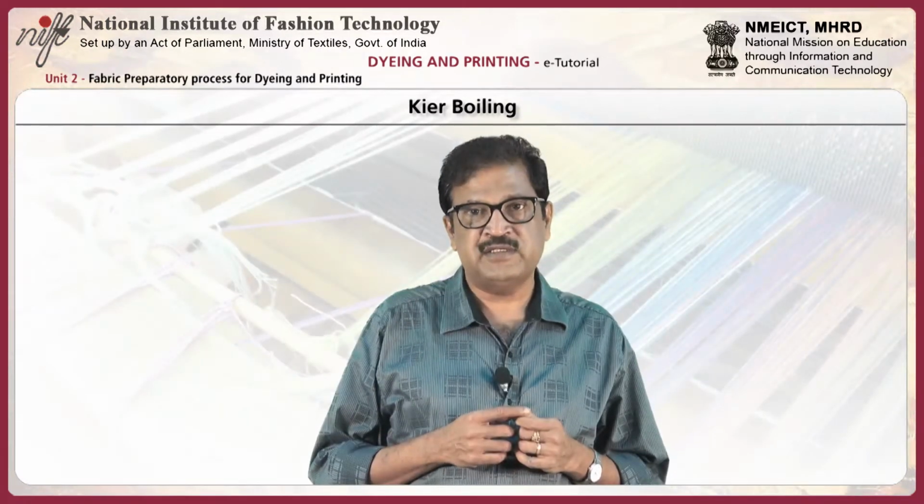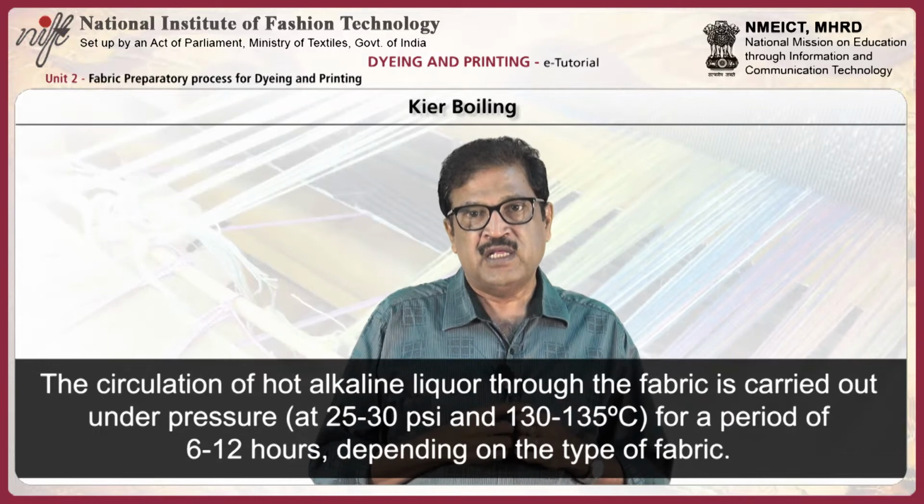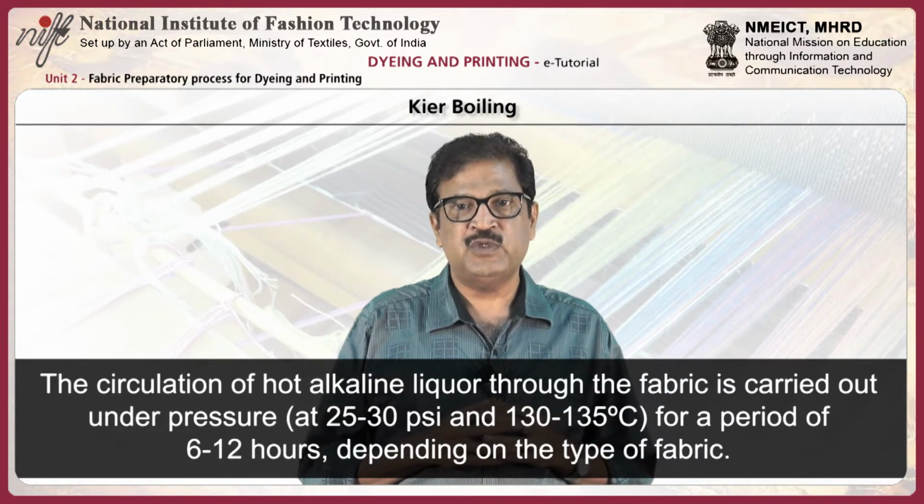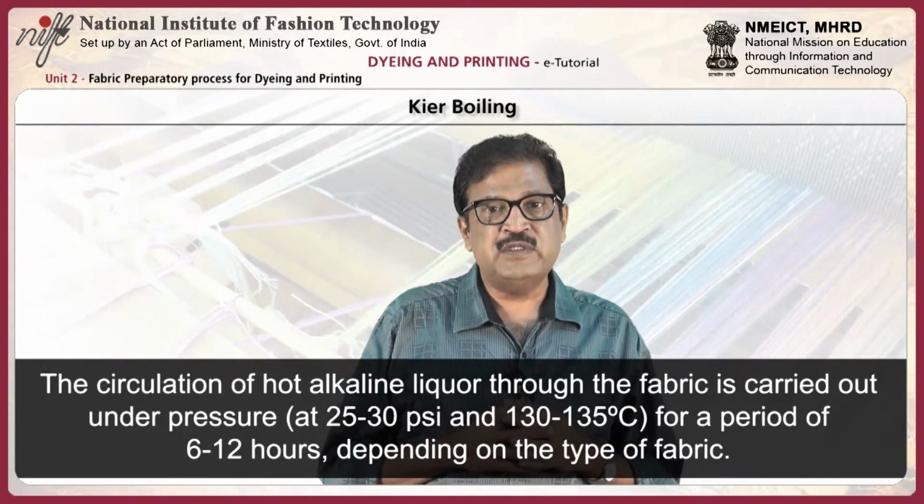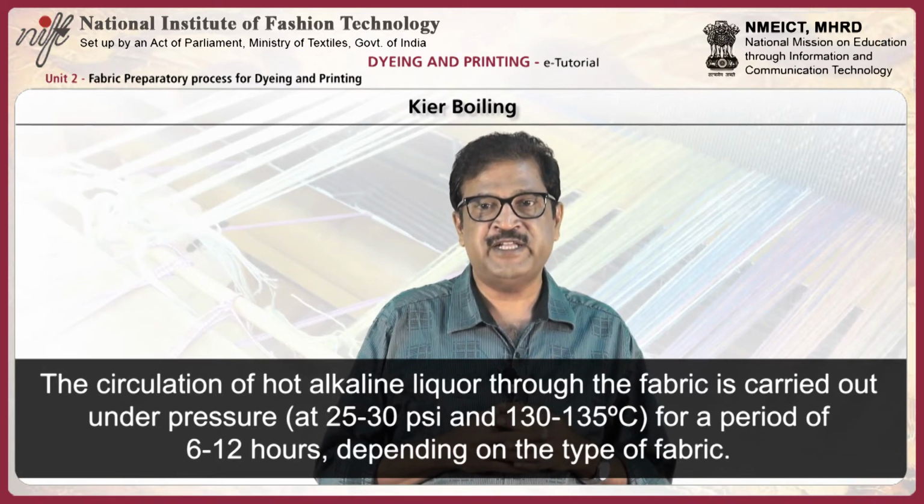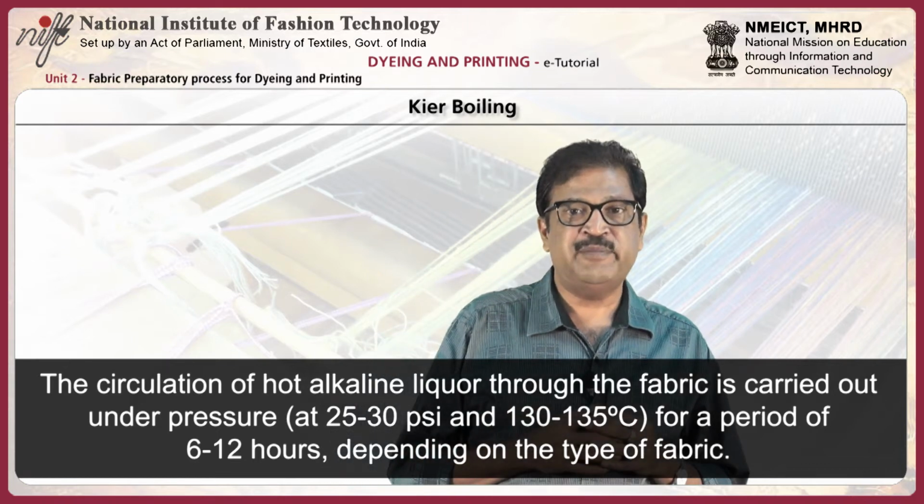For Kier boiling, a mixture of 5 to 10 grams per liter caustic soda solution, 1% sodium silicate, 1% soap along with wetting agent are used. The circulation of hot alkaline liquor through the fabric is carried out under pressure at 25 to 30 pounds per square inch and 130 to 135 degrees centigrade temperature for a period of 6 to 12 hours depending on the type